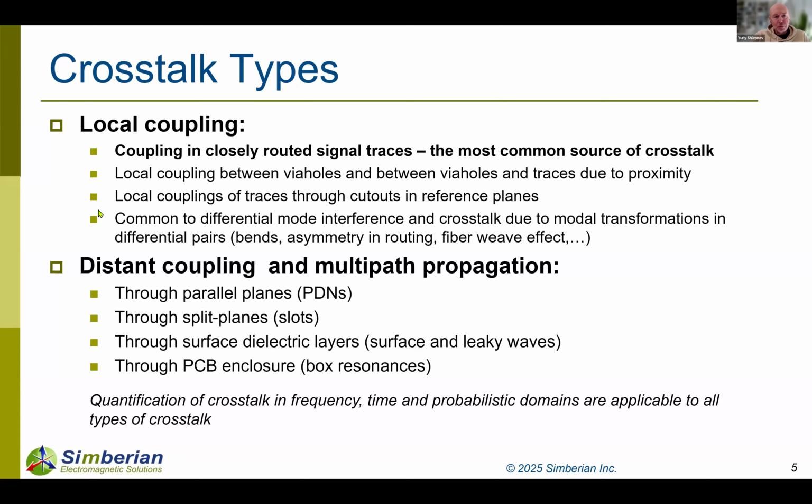So considering crosstalk types, we can separate them into two categories: local coupling and distant coupling, also known as multipath propagation. In local coupling,